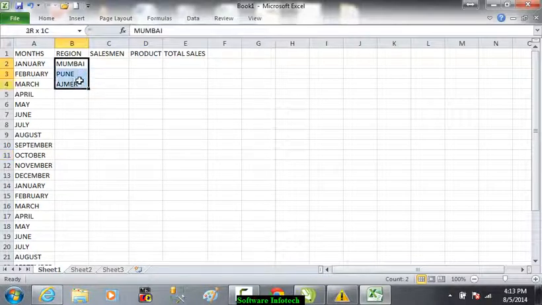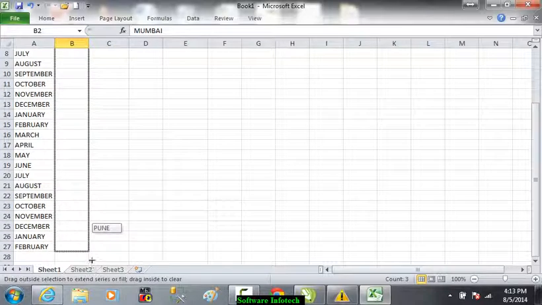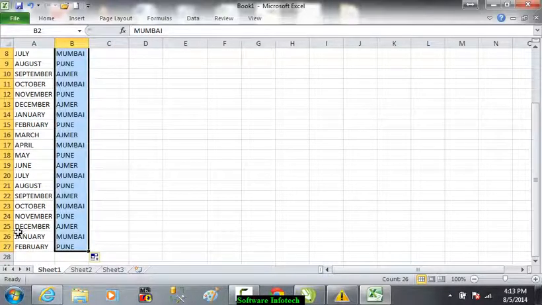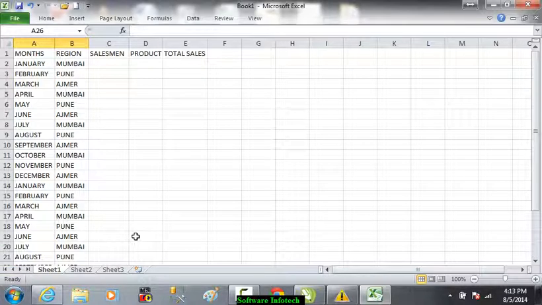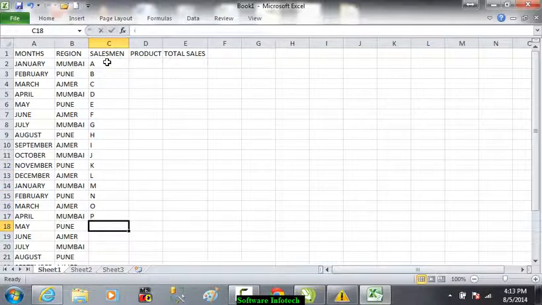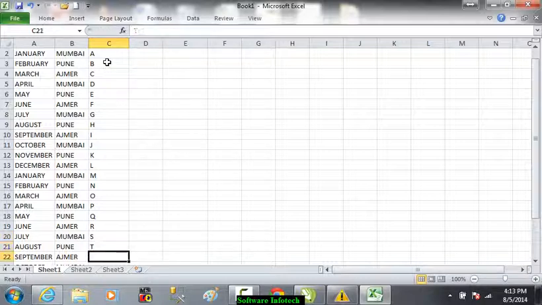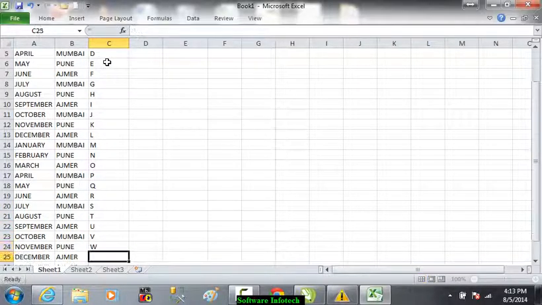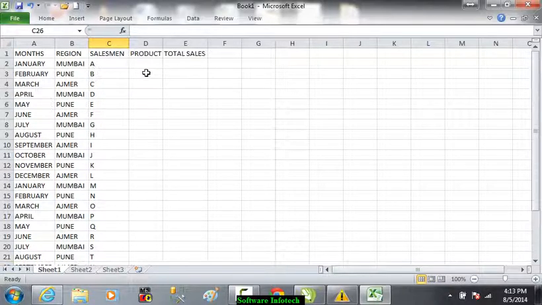Now we can also select all three and just drag it till where I have written down the values of months. Salesman you can have various names.